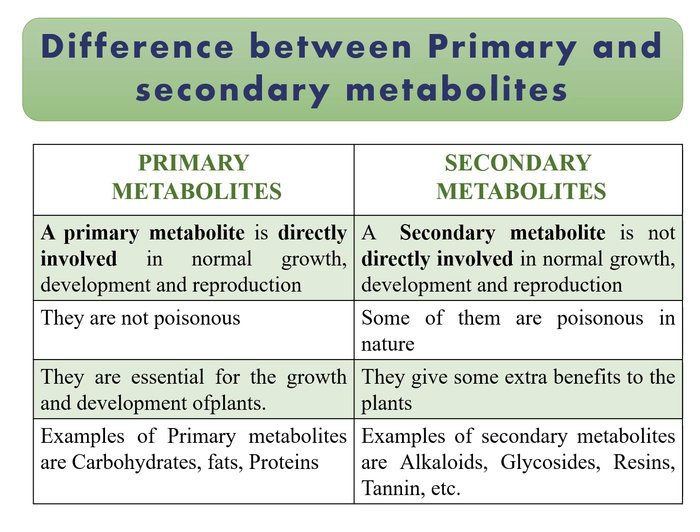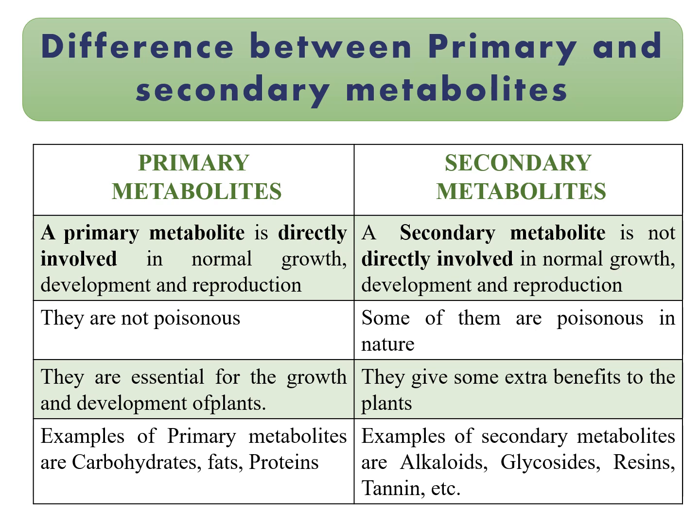So that excretory product, or you can say the waste product which is produced from the primary metabolite, is known as a secondary metabolite of the plants. Now primary metabolites are not at all poisonous because they are compulsorily required for growth and development, while some of the secondary metabolites are compounds that are poisonous in nature. Primary metabolites, as I told you, are essential.